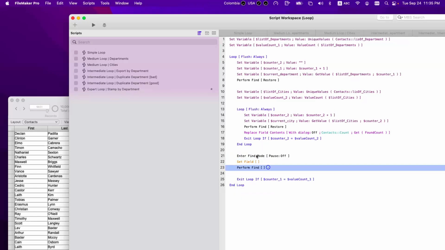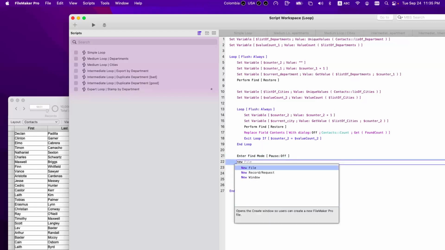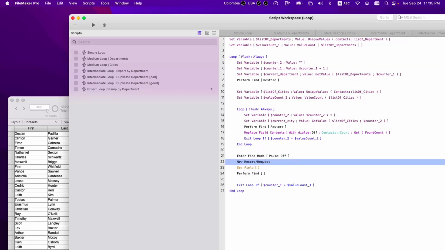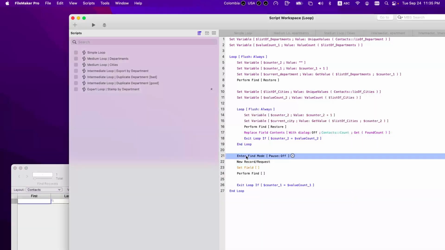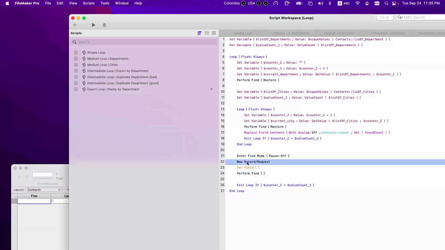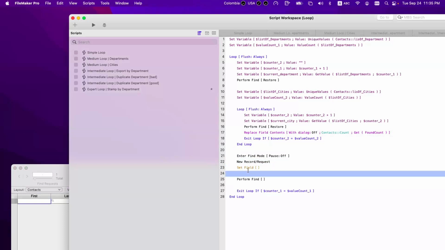Yeah, but so you enter the find mode, you do new record requests, but you cannot do this. Switch the request into an omit request. You understand? I enter the find mode. I have a new request. I set the fields, right? But I can do a new request